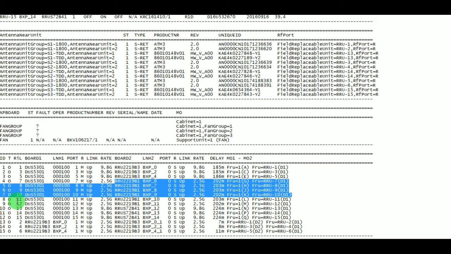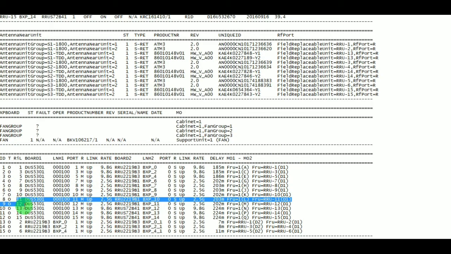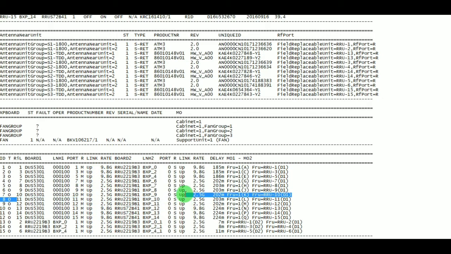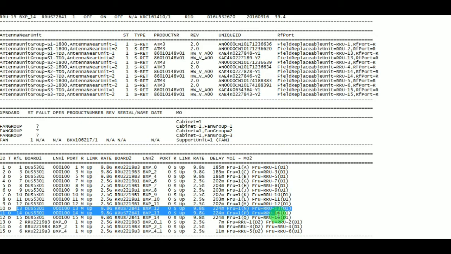Similarly, radio links 11, 12 and radio links 13, 14, 15 are connecting with TDD radio units through fibers. So let me explain one by one.